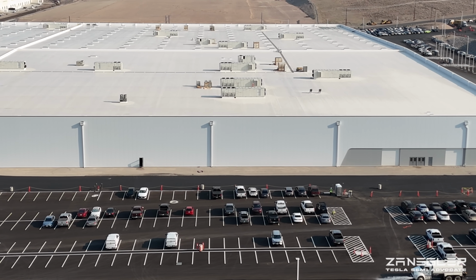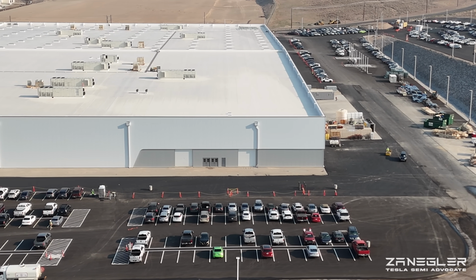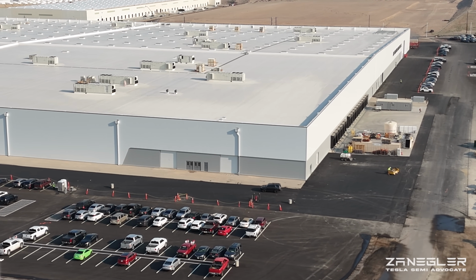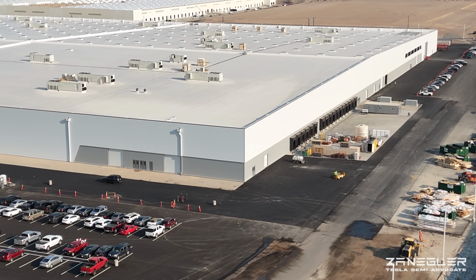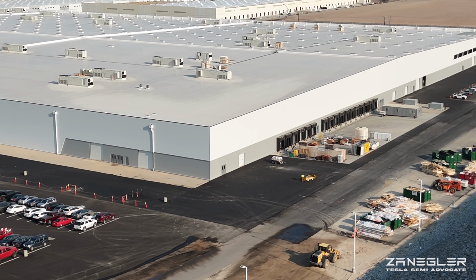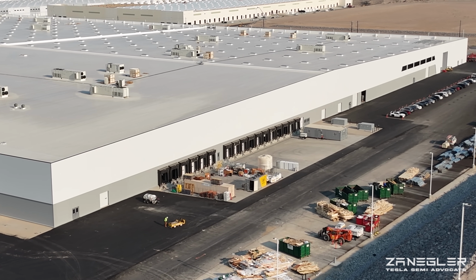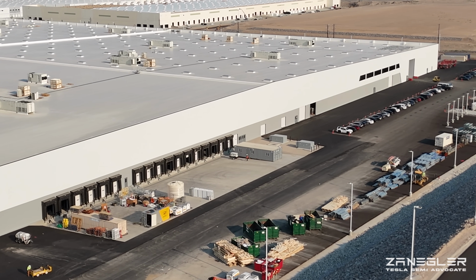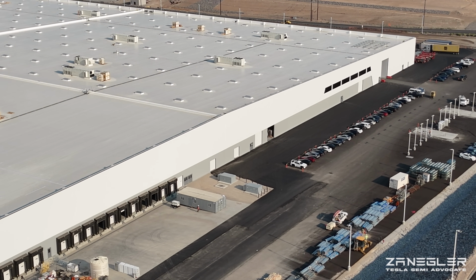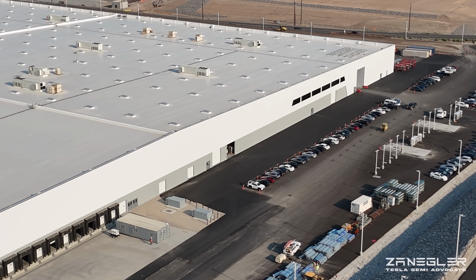However, if you've seen any of my previous videos of the AI data centers that are being built in this area, they have probably 6x the number of AC units per square foot, maybe more. They require massive cooling. And so you'll see in upcoming videos and in past videos the massive amount of chillers that are put on a factory of this size. So continuing on our circumnavigation, we're coming up the